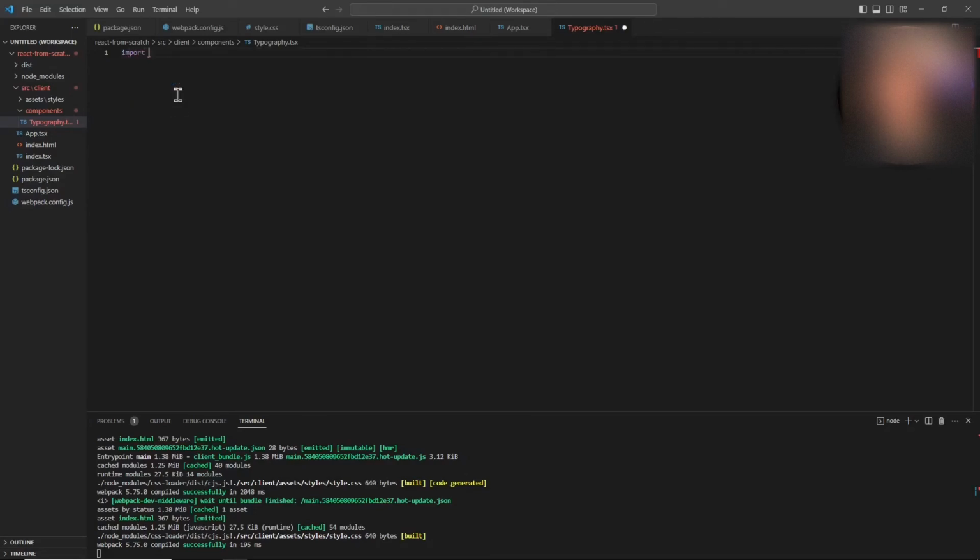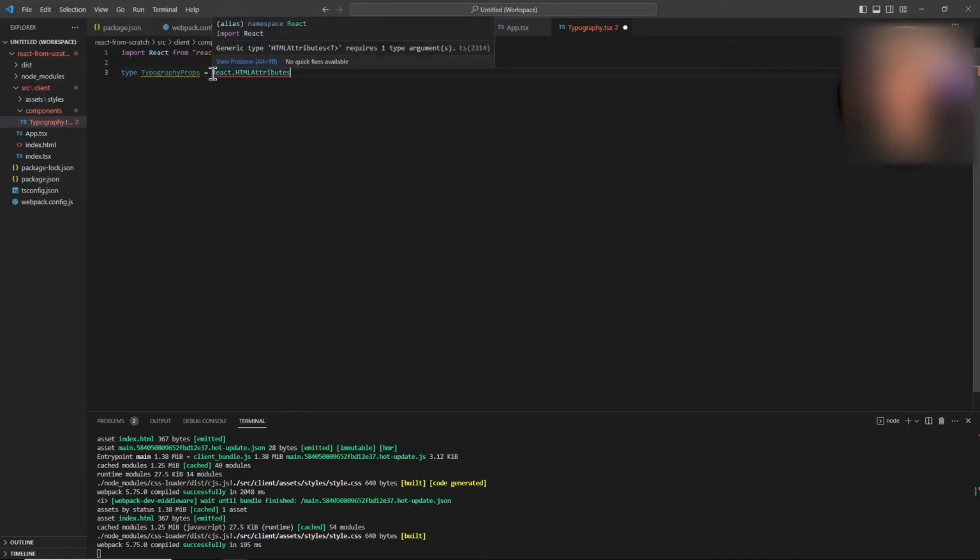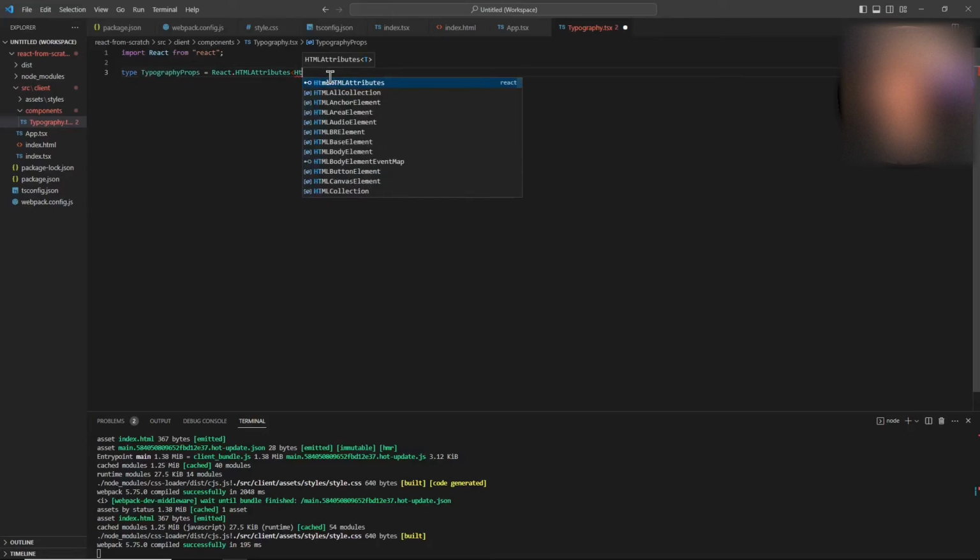So the first thing we'll do is import React. We'll write a type declaration, so I'll do Typography props equals React.HTMLAttributes, and we're doing this in order for the typography component to accept any HTML attributes that a heading tag, maybe h1 or h2 tag, accepts. And that'll be HTMLElement,